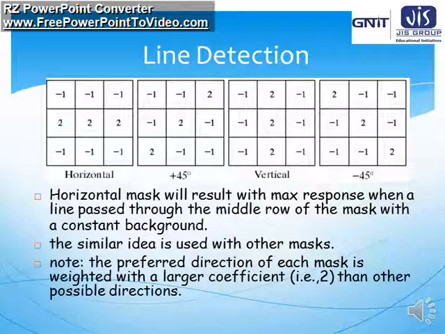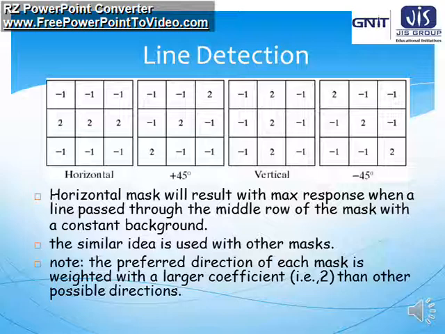So if we want to detect some line, we have to keep in mind that those collections of pixels either may be horizontal or vertical, or they may have some slanting positions. For that we have to take four masks: one is a horizontal mask, another is a vertical mask, another is positive slanting, another is negative slanting, and these two are given by plus 45 degree and minus 45 degree.